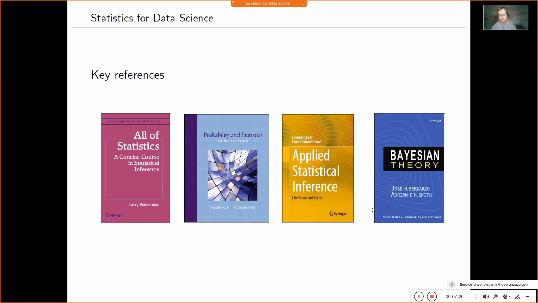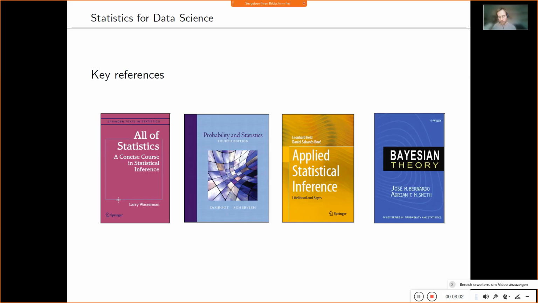I, of course, condense things. There's much more in the books. You will find much more material in the books than you find in the lecture. But that then gives you a lot to read and a lot to study. And these are really, really good books. So I highly recommend, if things are really new to you in terms of probability and statistics, this is your method of choice. If you feel like, because you're coming from a mathematics or statistics course, you know all of statistics already, I think this is a really nice refresher.